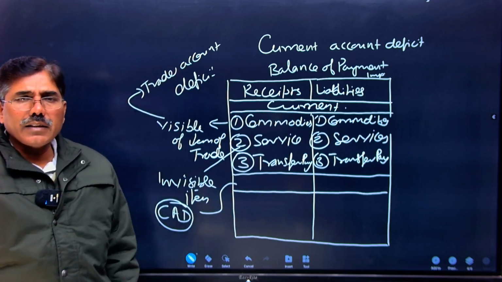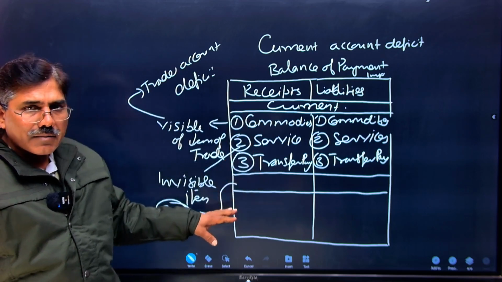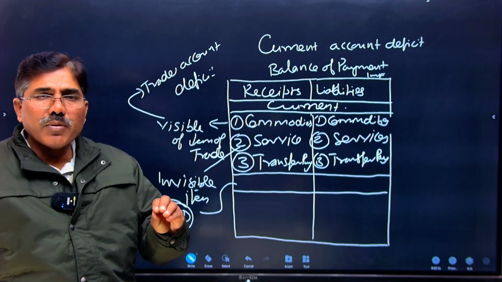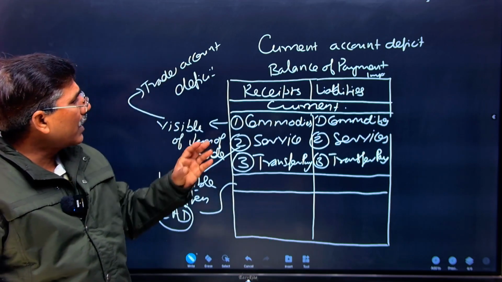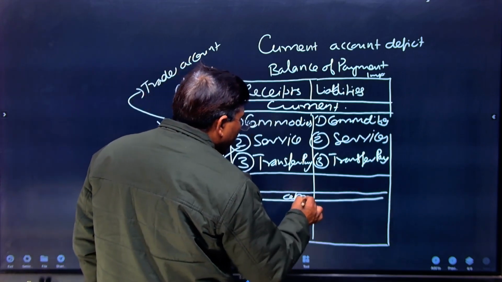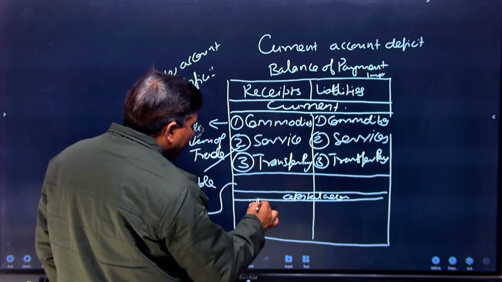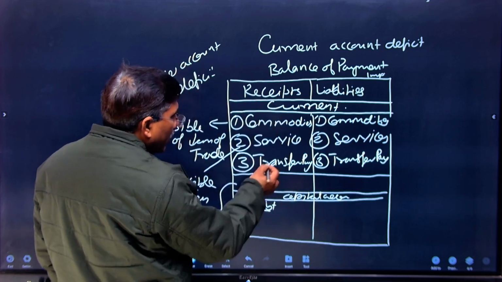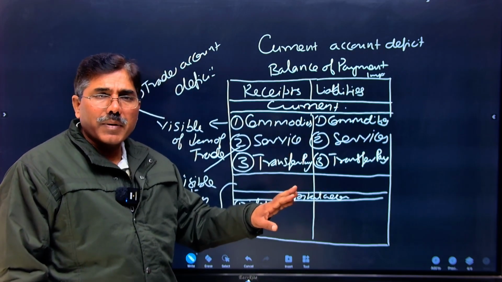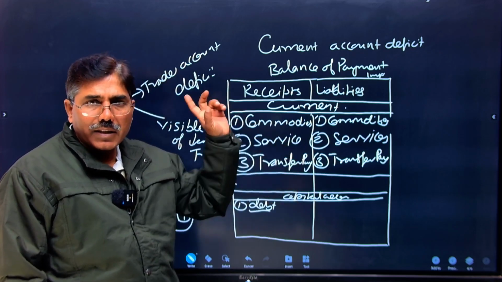And when there is a current account deficit, the government either manages this deficit by the use of foreign exchange reserves, or the government can borrow money. If the government is borrowing money, that is our receipt in the capital account. Suppose this is our capital account and we are borrowing, meaning debt taken for the management of this current account deficit. It will equally increase the interest payment liabilities of the government. That is our liabilities in our budget.